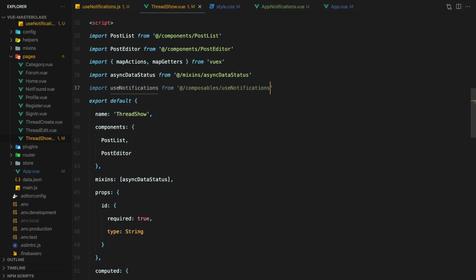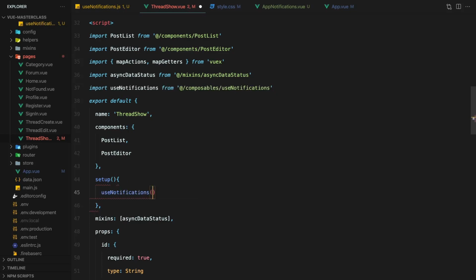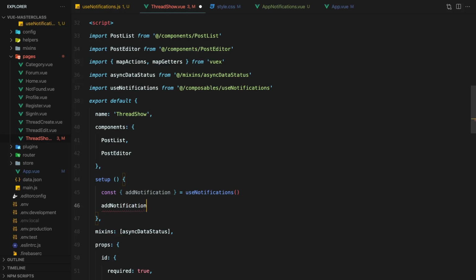And once again, call it in the setup function. This time, getting the addNotification function from the composable. Then, just to see addNotification in action, let's use it to add another test notification.